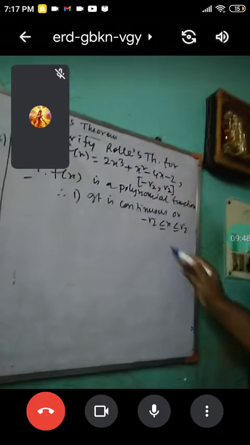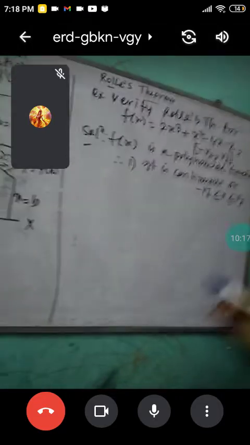It is continuous on minus root 2 less than or equal to x less than or equal to root 2. What do you mean by this actually? Continuous means if we take a value, x equal to minus root 2 or x equal to root 2, and put it over here, then you get a particular value. Since it is a polynomial function, you must get a particular value. If we don't get a particular value after putting the value of x in f(x), suppose you are getting infinity, then that means it is not continuous.